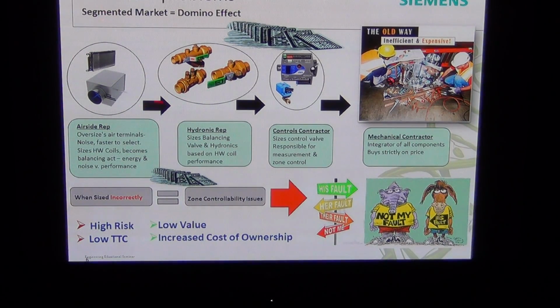But if you oversize the box, then what happens is the hydronics guy comes in, and they basically have to size the hydronics based on the performance of the coil and the box. Then the controls guy comes in the back end, he has to supply the control valve, figure out the CCV, and then the controller. And then of course the mechanical contractor comes in, he has to basically take all these components and act as the integrator and try to make it all work. So what ends up happening a lot of times is the boxes are sized incorrectly, they go on the schedule, that's what ends up going through, causes a domino effect, and then leads to zone controllability issues,